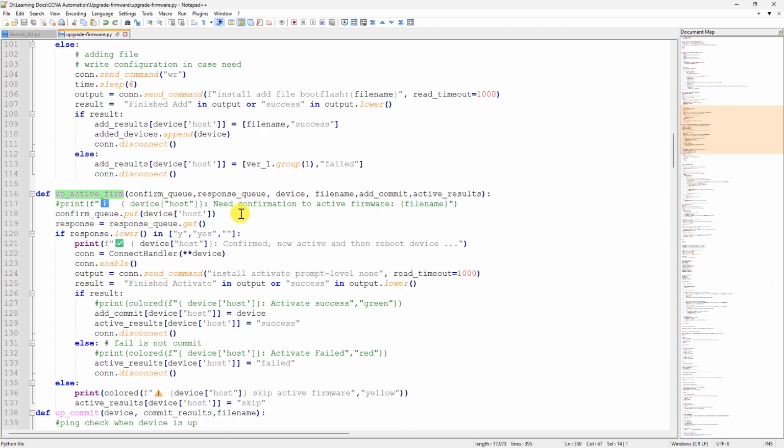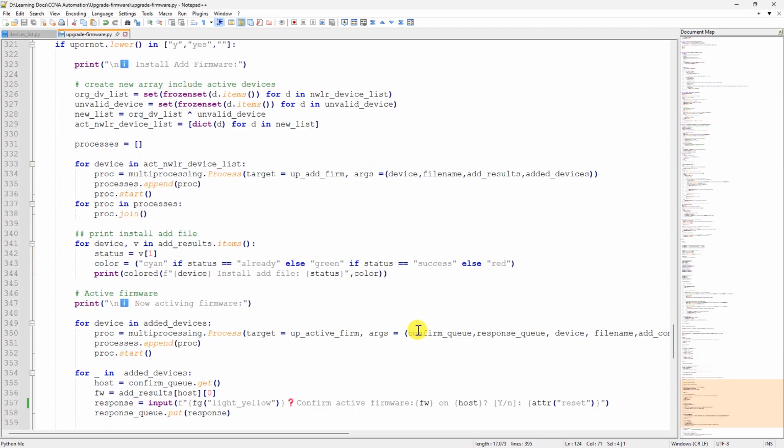When the user confirms they want to activate the firmware in the device, I send the command install activate with prompt level none, without the device needing confirmation of yes or no. You know, when you activate, the device will ask you if you want to proceed to activate, so you choose yes or no. So prompt level none will ignore this prompt. Okay,